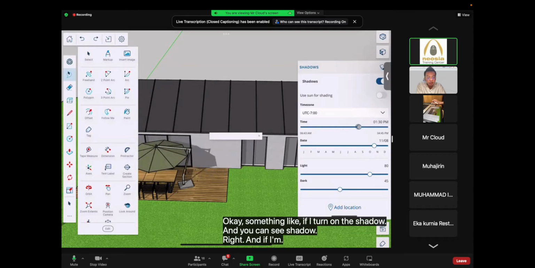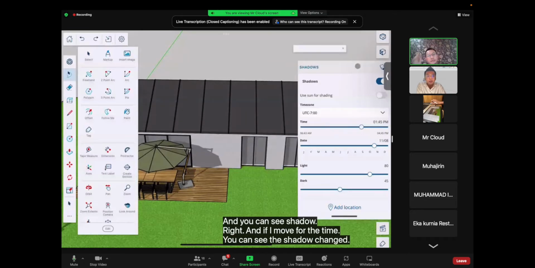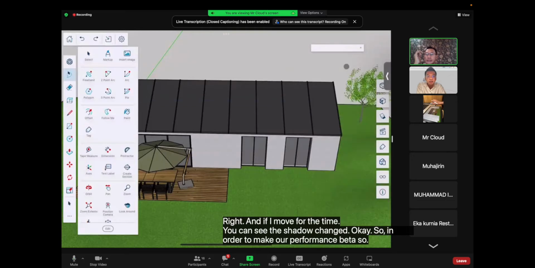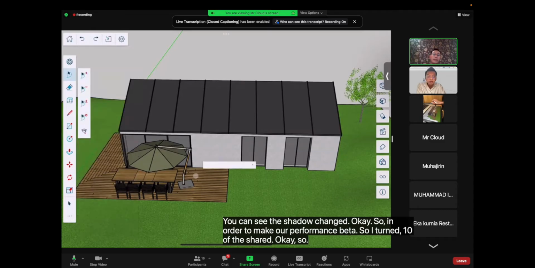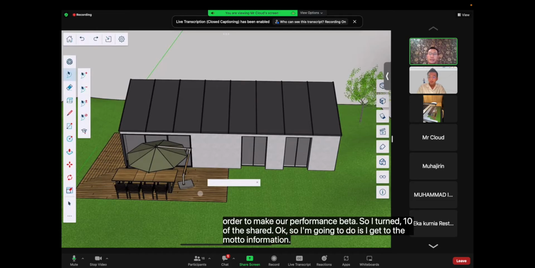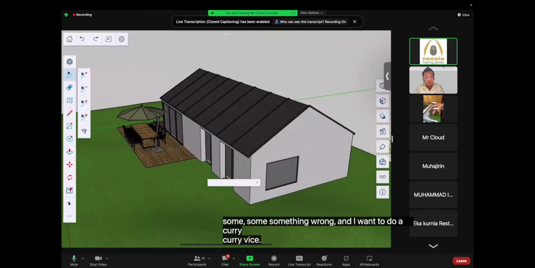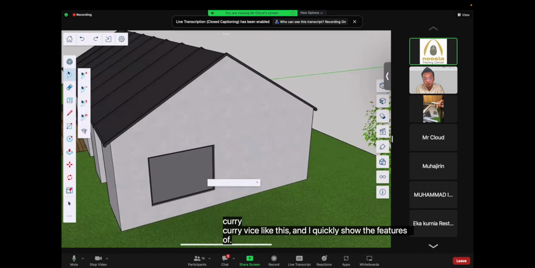And if I move the time, you can see the shadow changed. In order to make our performance better, I turn off the shadow. Now I get the model information from Rizky, and maybe I feel something is wrong, and I want to do a quick revise like this, and quickly show the features of SketchUp